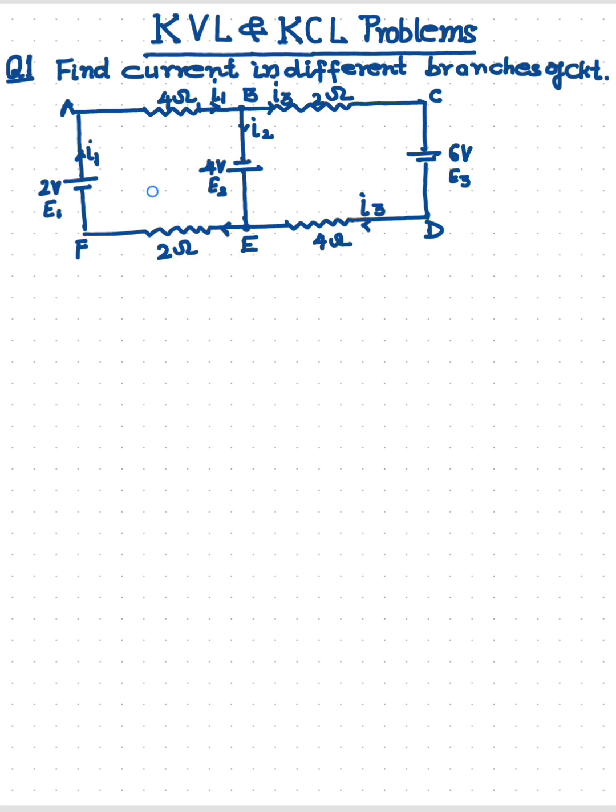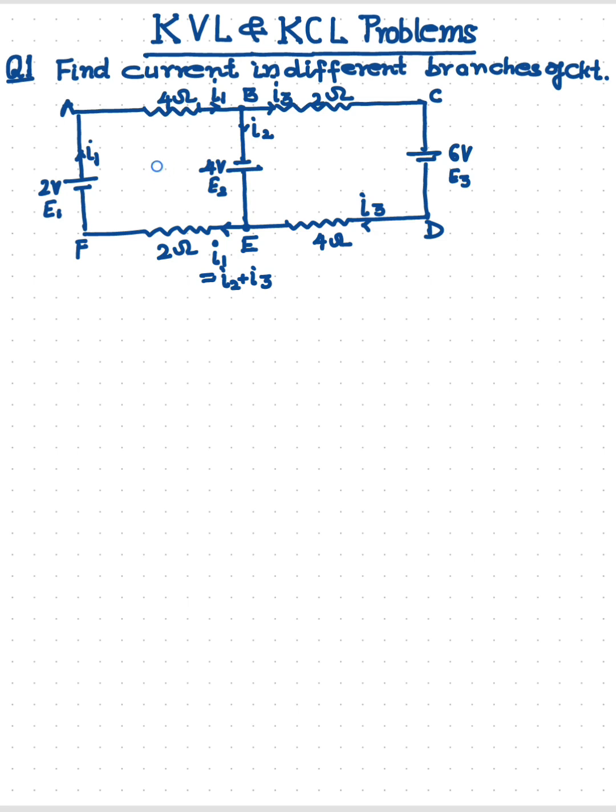So this will be the same current as I1, because there is a rule: if I1 current flows from the positive terminal of battery E, then the same current enters at the negative terminal. So this current will be I1, and this will be the sum of I2 plus I3. Clear? This funda clear?